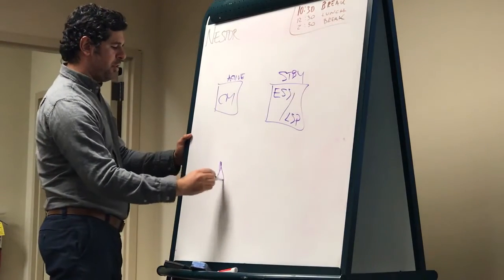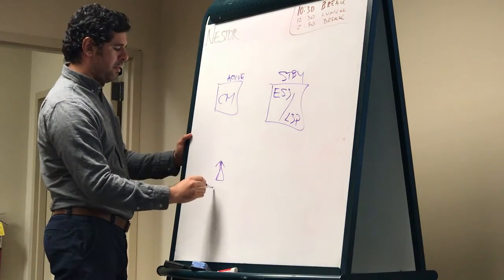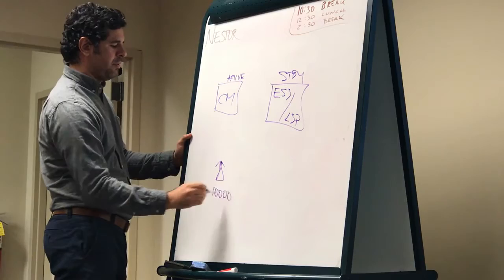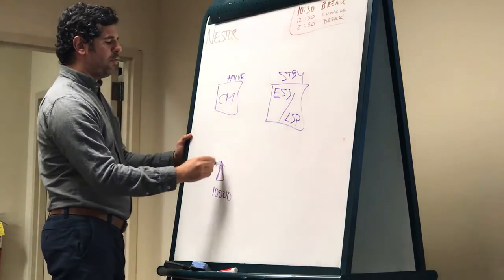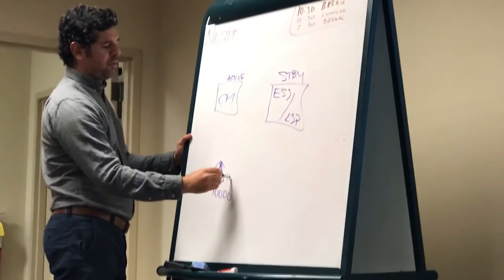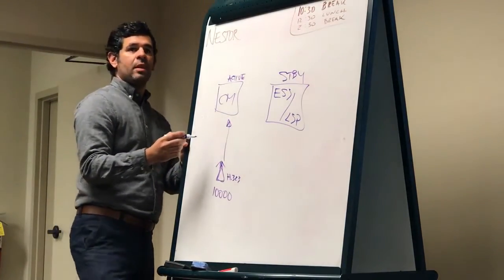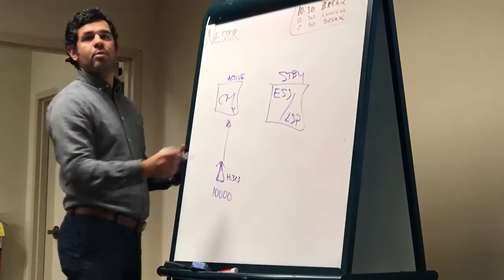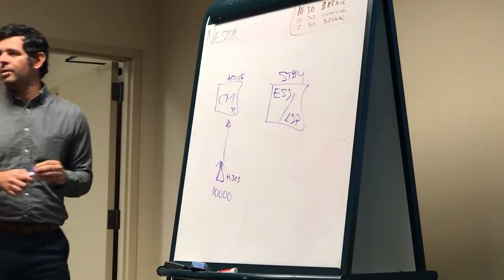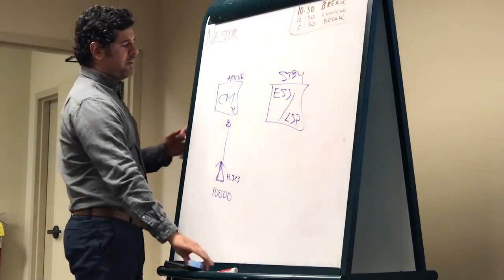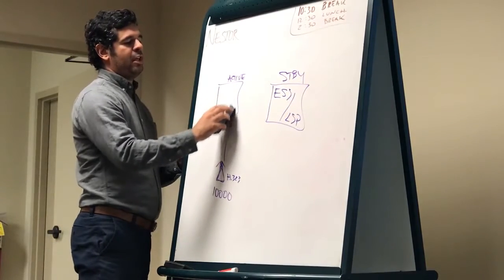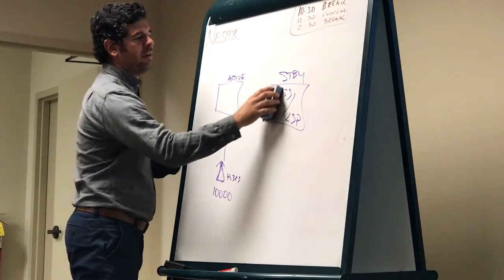So if you have phones here, let's say you have 10,000 phones. All of your phones, in this case H323 phones, register with this CM, and if this CM goes down, they register with the ESS or LSP. Now, if this is not CM, but this is Session Manager,